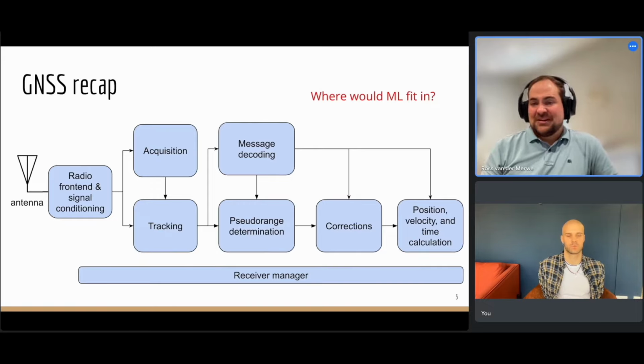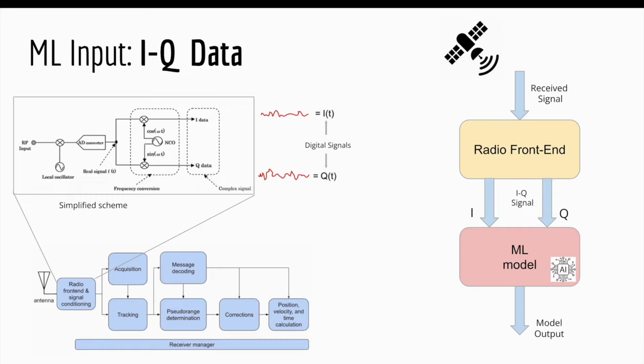Before delving into the ML applications in GNSS, I want to spend some time to clarify a bit better the input-output relationship of our ML models. Specifically, the output will be clarified later during the lecture and is related to the application. But the input, as we will see later, is in most cases what is called the IQ data. So explaining what IQ data is is basically the target of this slide, and is mostly for the non-GNSS experts.